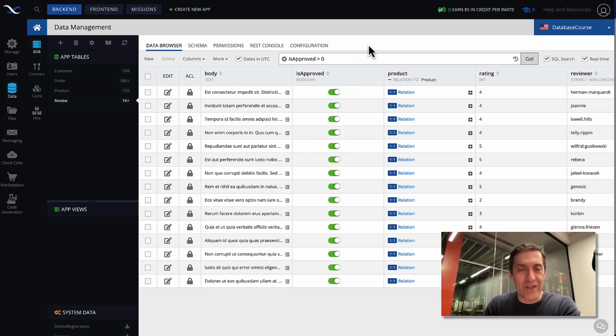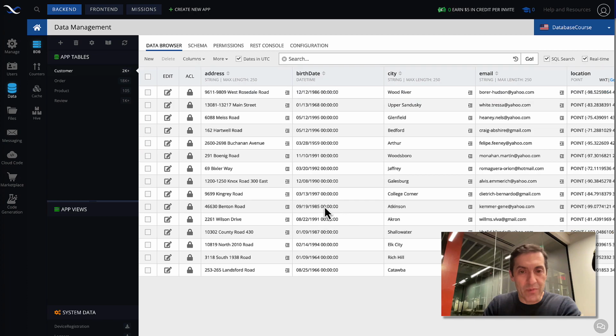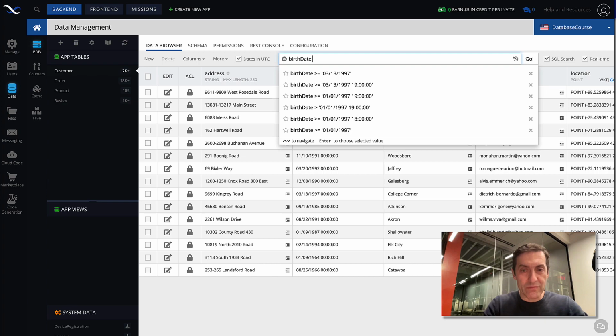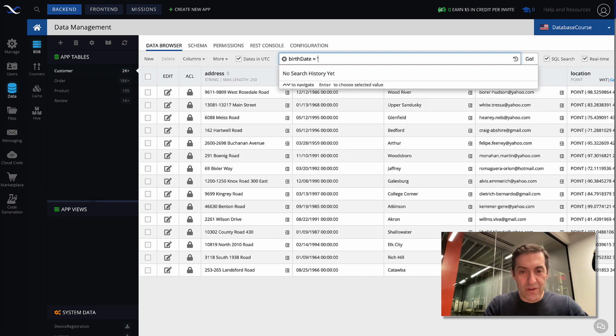Finally, let me demonstrate how you can structure queries with dates. For this, if we go to customer, there is a column called birth date, which is of the datetime type. So in here, if we say birth date equals, let's pick this one, 03/13/1997.